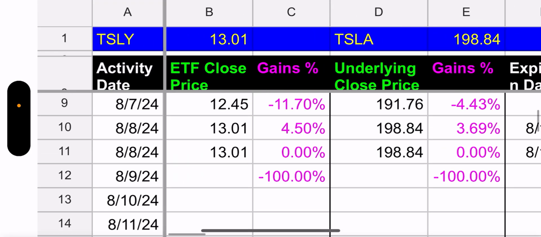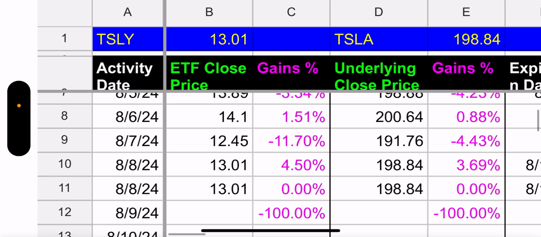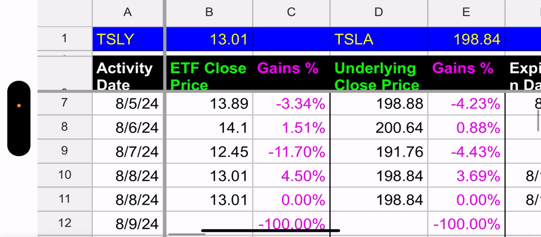All right, so how did TSLY do yesterday? Let's just go back to the beginning of the week. Wow. Monday, down 4. Tuesday, up 0.8. Wednesday, down 4. Yesterday, up 3. So Tesla went up 3.69% yesterday. TSLY went up 4.5%. So as far as buying opportunities for this week, it looks like Wednesday was your day, right? You can get in for 12.45